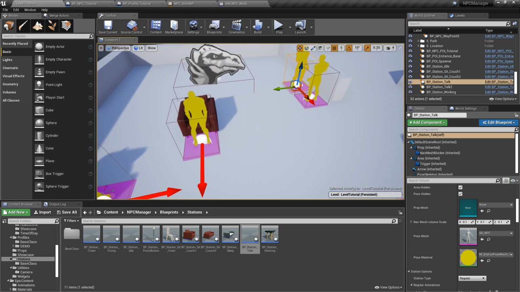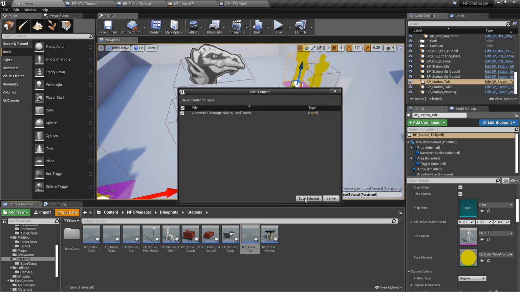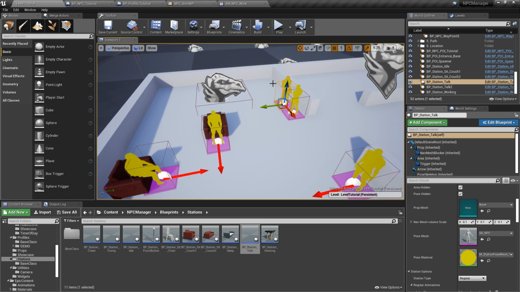However, what happens if you only have one NPC? If you had talk animations here and one NPC comes here and gets assigned this station, he'll look like he's just talking to himself, right? He'll be making all the moves, the hand movements, and it'll just look off, right? The NPC is not talking to anybody else. So why is he making those moves, right? And that is when the link station